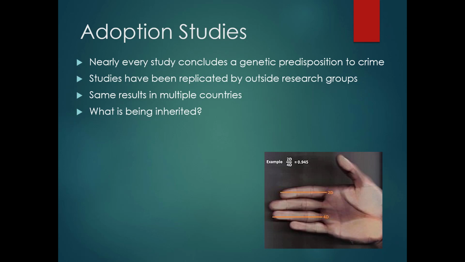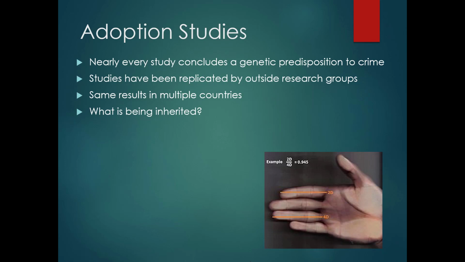You're wondering, what the heck is this? Well, scientists have known for more than a century that the finger length ratios differ between men and women, okay? Looking at your pointer and your ring finger. And that for men, the ratio actually predicts how much testosterone you were exposed to in the womb. And this is why men have different lengths. So the shorter the index finger relative to the ring finger, the more prenatal testosterone someone was exposed to.